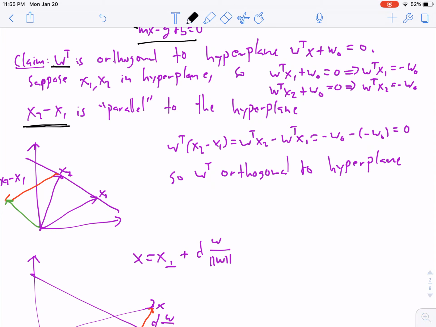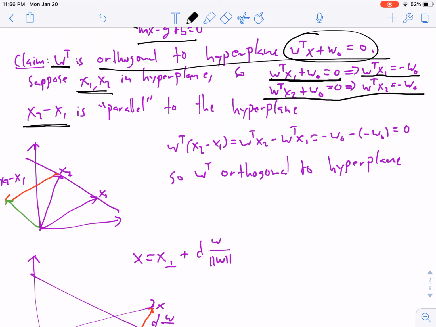hyperplane. I claim that our vector w, and this is why we separated out w and w naught, is orthogonal to the hyperplane defined by w transpose x plus w naught equals 0. So suppose that x1 and x2 are vectors in the hyperplane. What it means for a vector to be in a hyperplane is that it satisfies this equation right here. So we have w transpose x1 plus w naught equals 0, which implies that w transpose x1 equals negative w naught. And similarly, since x2 is also in the hyperplane, we have w transpose x2 equals negative w naught, which